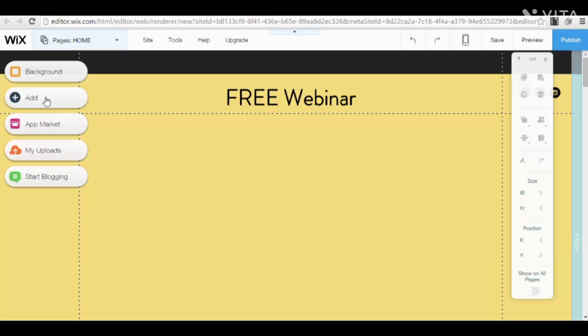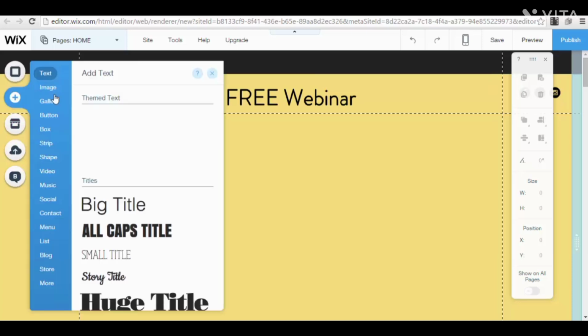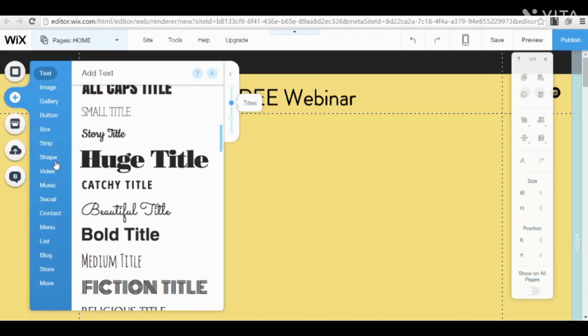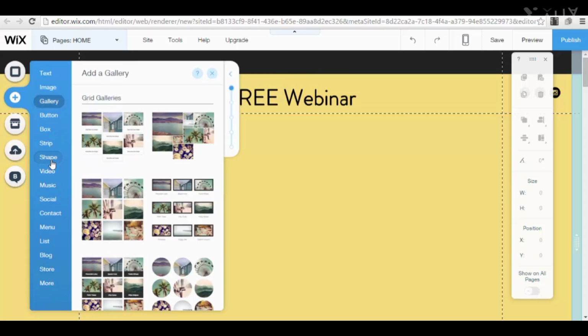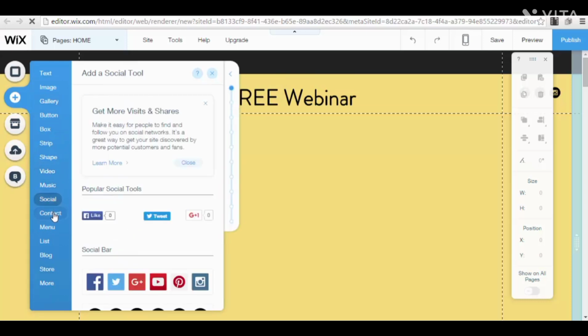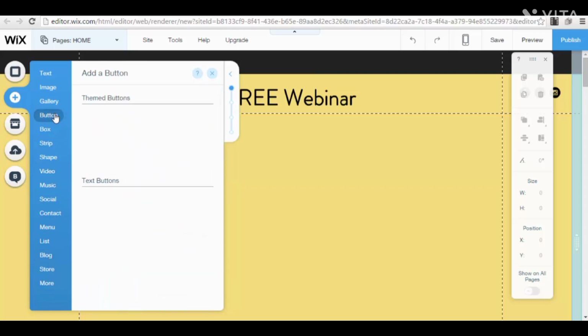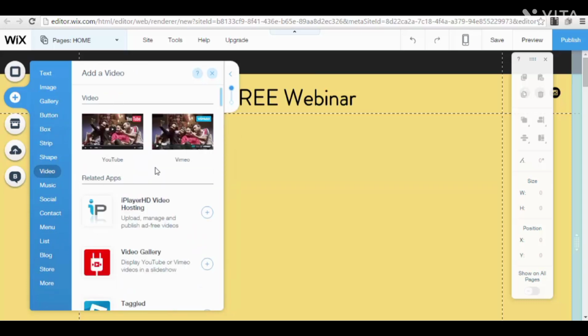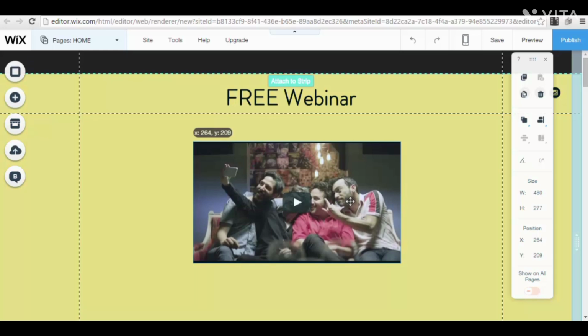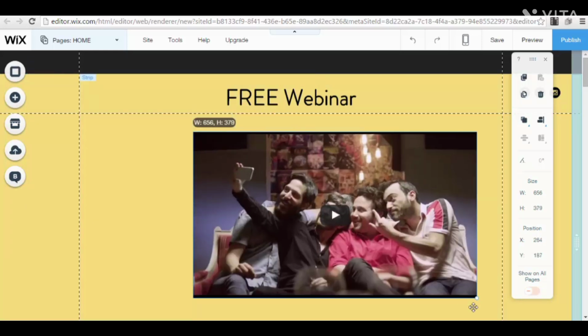Now you go to this option here, the add button, and here you have different options: shape, video, music, social, contact, menu, list, blog, more. You go to the video part and you select, for example, YouTube. That is if you want to embed on your page the link that your hangout or your webinar will have for YouTube. So you just press the YouTube button, you select the size that you want,